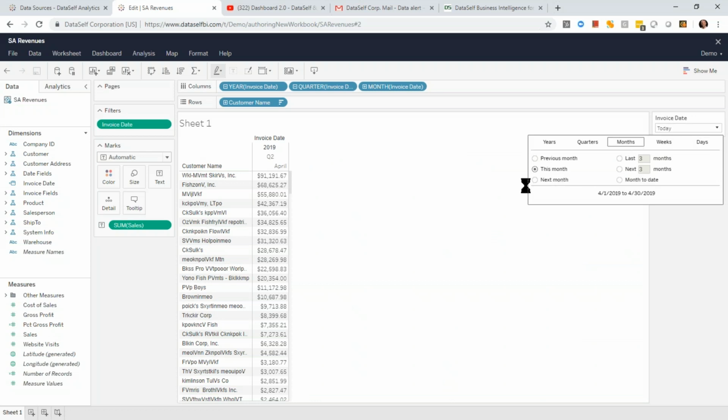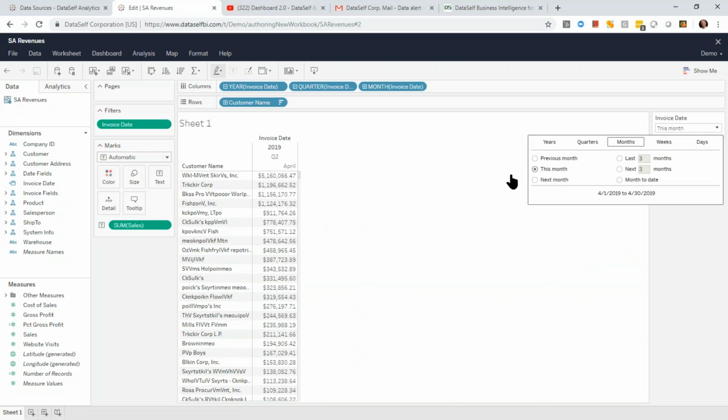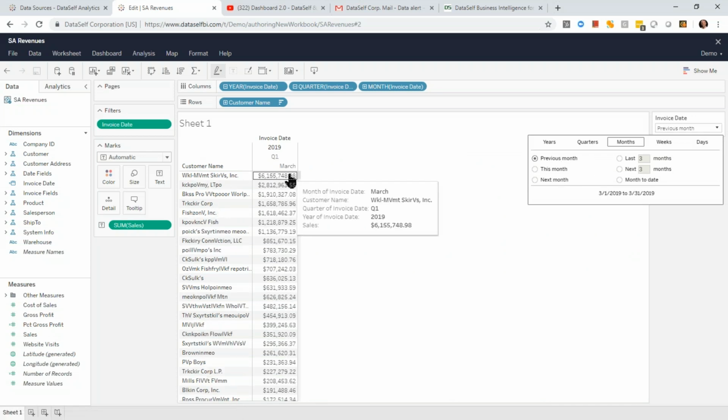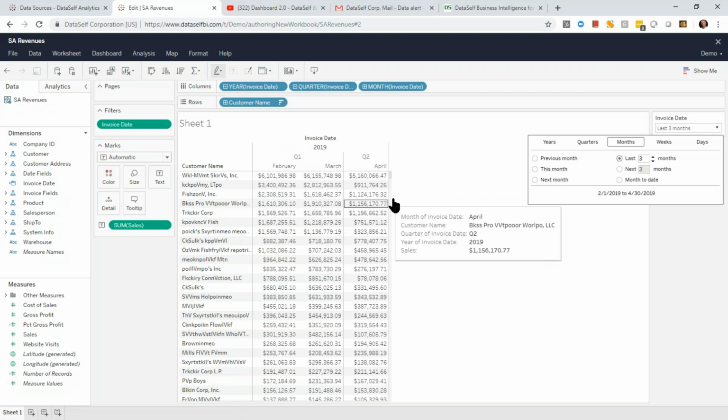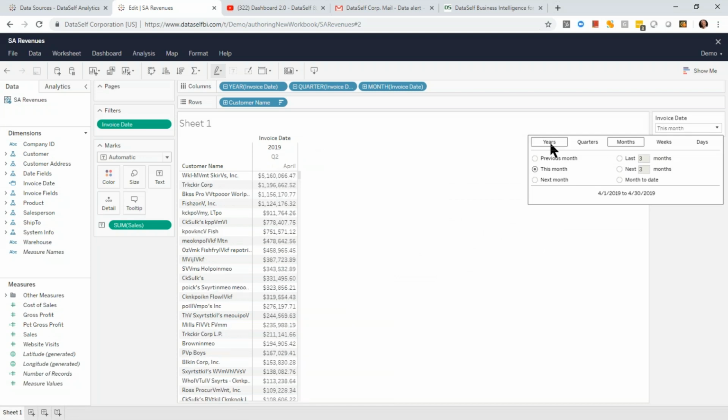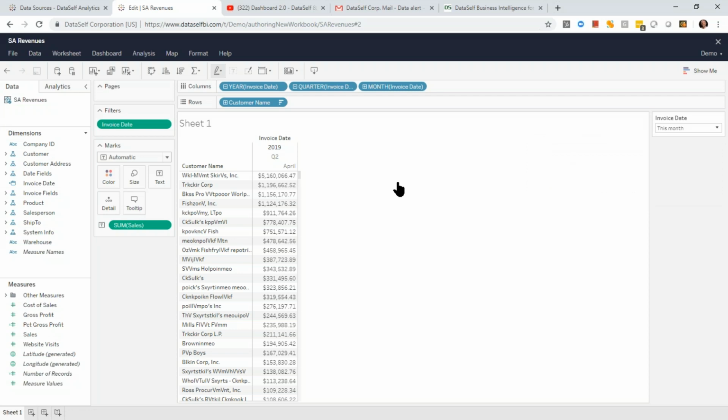And right now, this report is going to show sales this month. And if you want to see the previous month, you just pick previous month. There it is. If you want to see the last 2, 3, 4 months, you just pick and choose. You change the numbers. And right in front of your eyes, you get the answer. Well, let me go back to this month. And by the way, you can change to years, quarters, and so forth. This could be also fiscal periods. So, calendar or fiscal. So back to this report showing sales by customer this month.